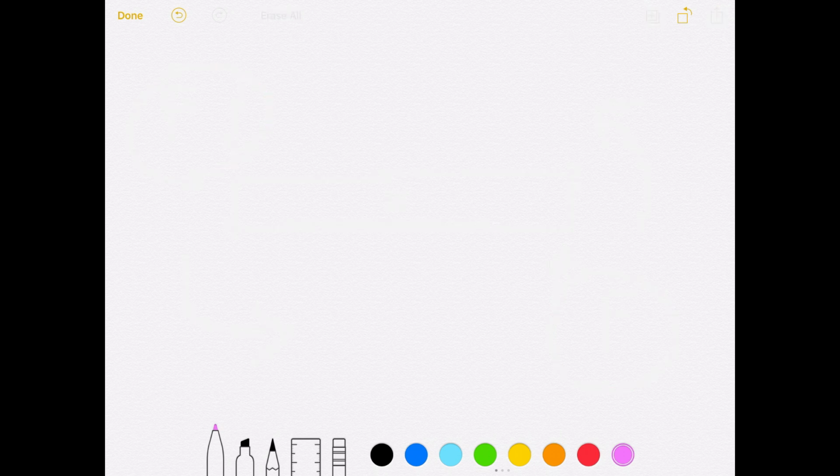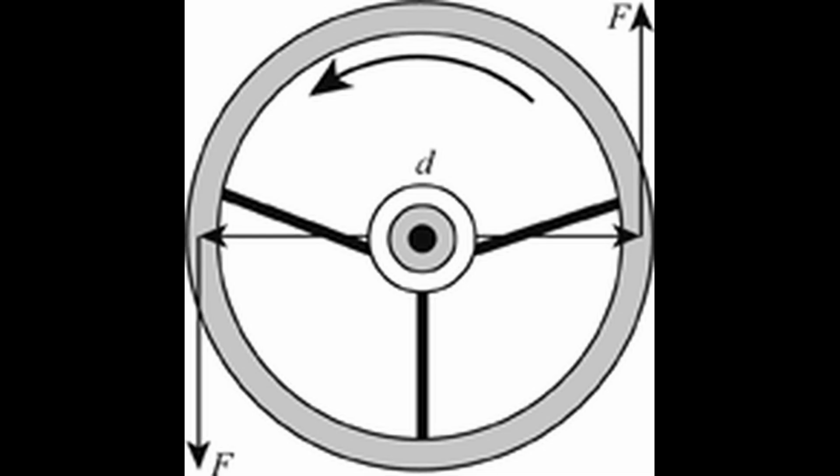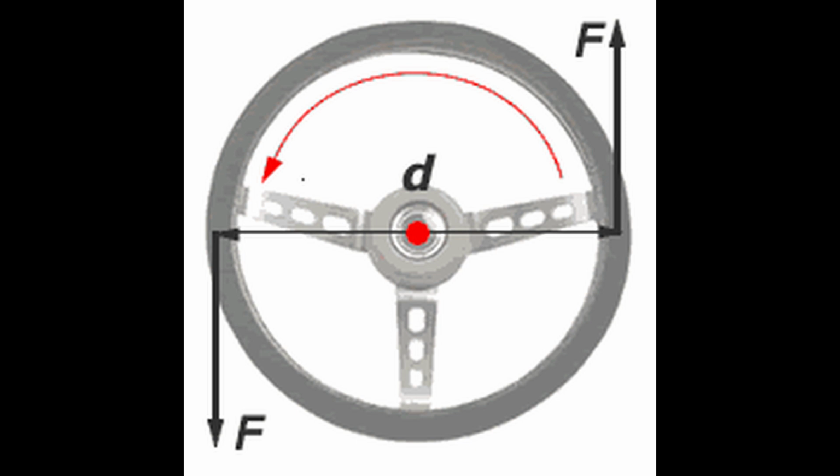So when we open a door, the rotation of the door is produced by a couple which has two forces: the one that we are applying externally and the other one which is equal in magnitude and opposite in direction, the reaction force produced at the hinges. Similarly, you can say that turning a water tap when the forces are applied is also an example of a couple. Tightening the cap of a bottle can also be considered as an example of a couple. Or even in this case, turning a steering wheel is also considered as a couple of forces.